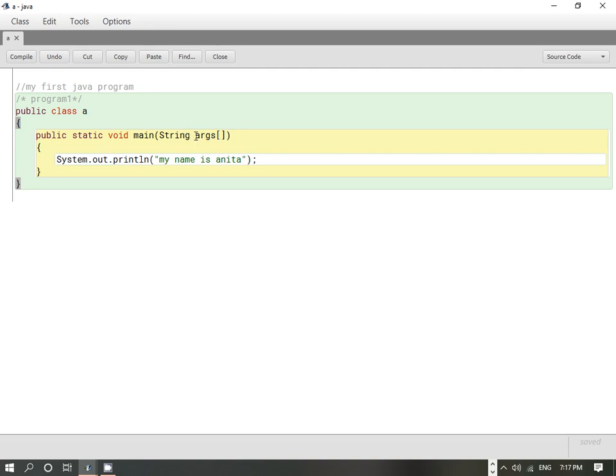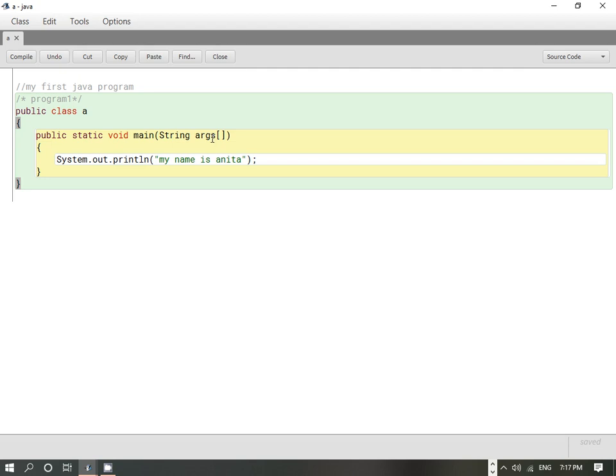So this args is a string kind of array, because here we have used the keyword String. This is used to store all the arguments which will be passed by the programmer during the execution of the program, which you will pass by the command line.